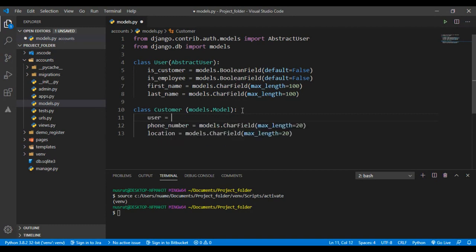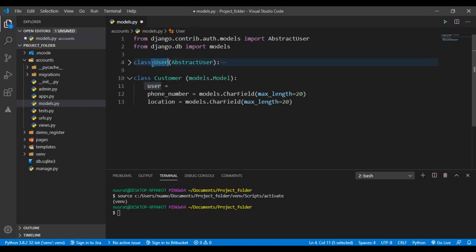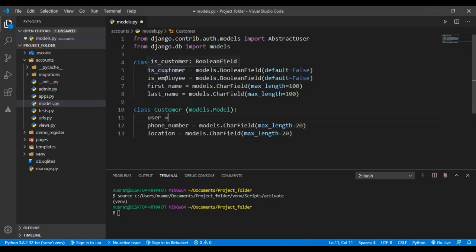Something which is very important in here is having a one-to-one relationship with the user. So both the customer and the employee models will have a one-to-one relationship with the user model. What we are doing is we are just extending this user model and it's going to have a one-to-one relationship with this. So what does that mean? A one-to-one relationship is basically a foreign key. The user will be a foreign key with unique being true. So models dot